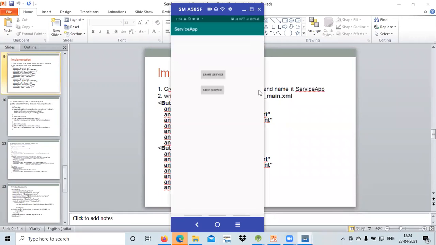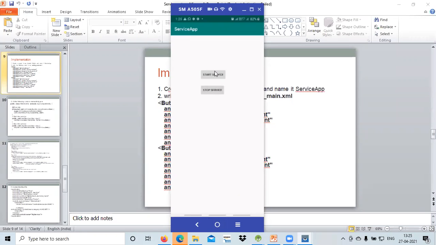Okay, see what I have done. I have used these two buttons over here. What I need to do is start this particular service. In my service, my caller tune is what you will be able to hear from that service. So let's suppose I am clicking start service. Can you hear the voice of that particular tune? Yes, ma'am. When I press stop service, my service will be stopped. Is it clear?